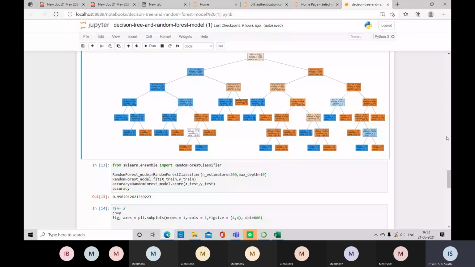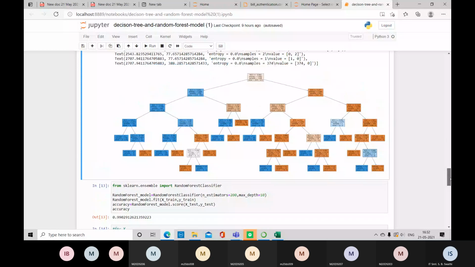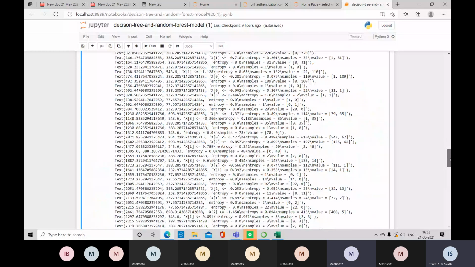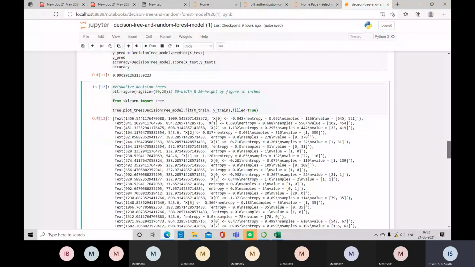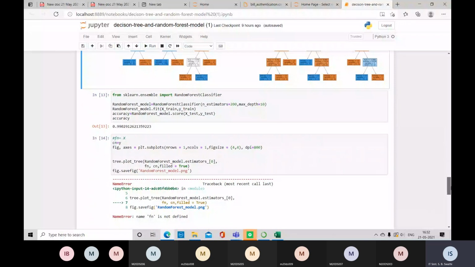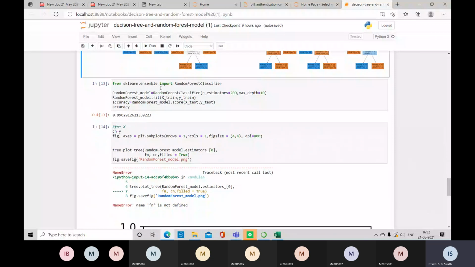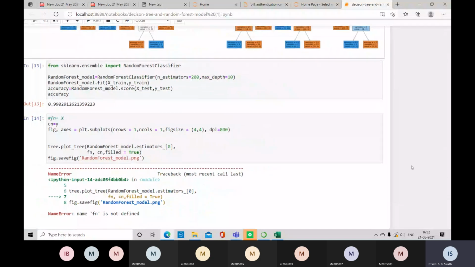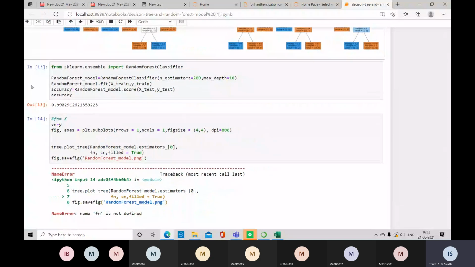Are you following, students? Yes, ma'am. Okay. See here, the decision tree is 0.99 accuracy. We are also showing the same thing. You can test it with different types of databases. You can see a clear distinction. The performance of decision tree will be somewhat less when compared to the random forest classifiers.